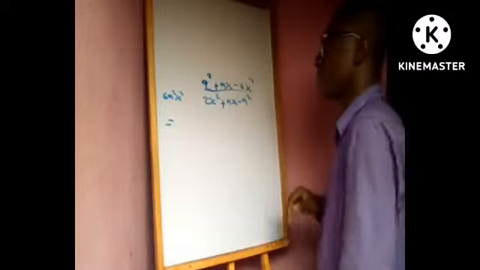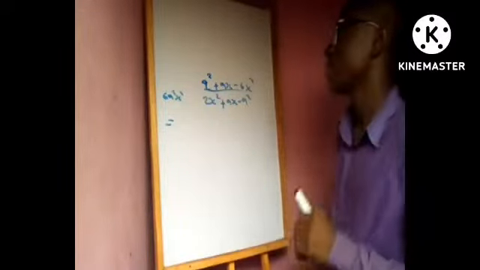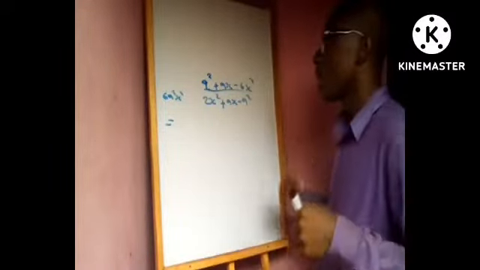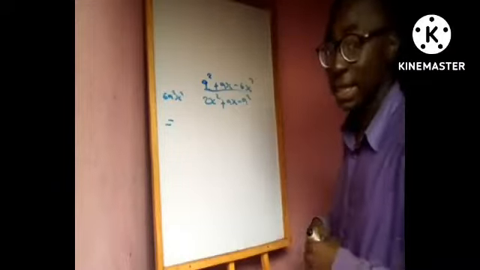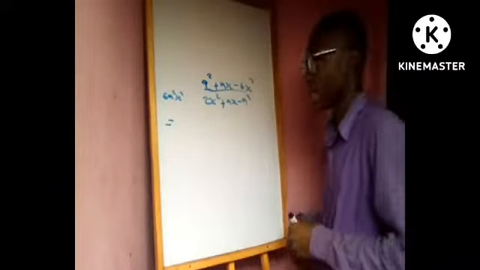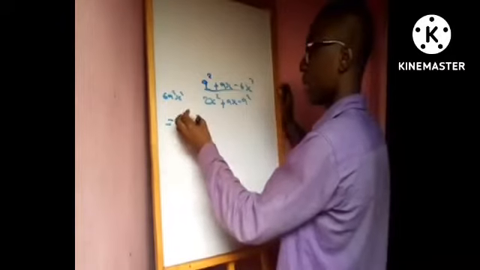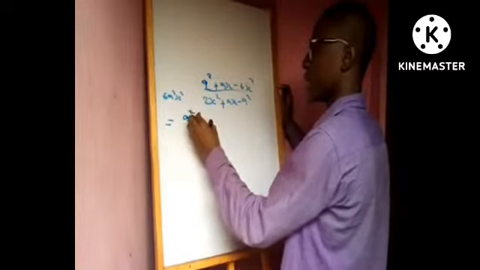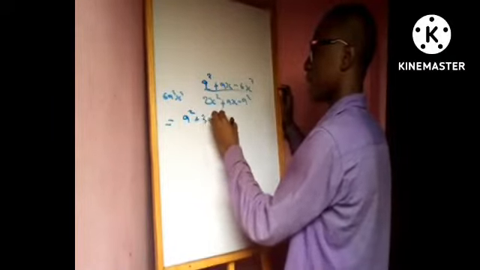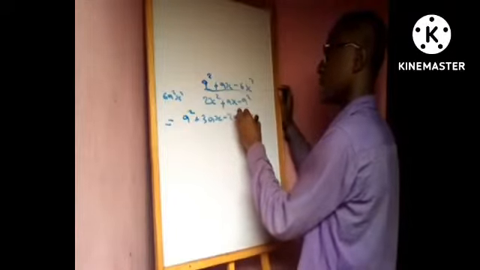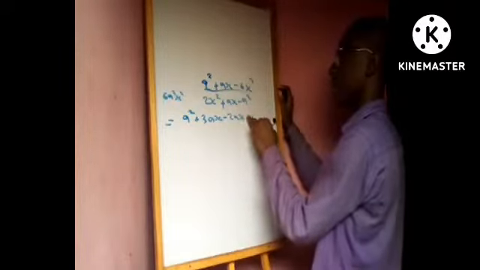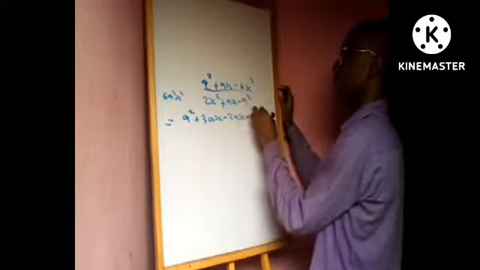When we look at this carefully, we should be able to work with plus 3ax and minus 2ax. So let's substitute that. That will be a squared plus 3ax minus 2ax minus 6x squared, all over